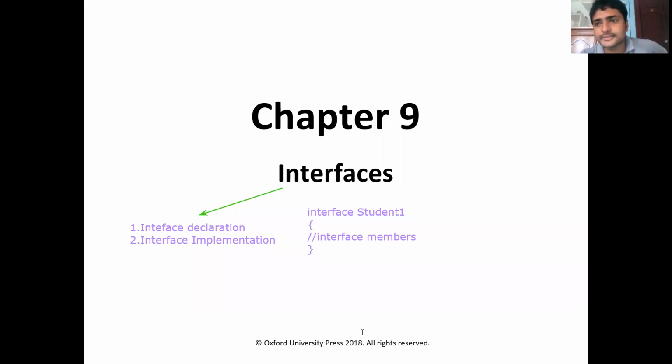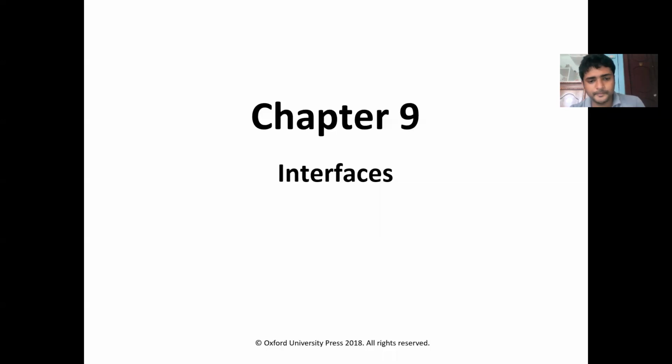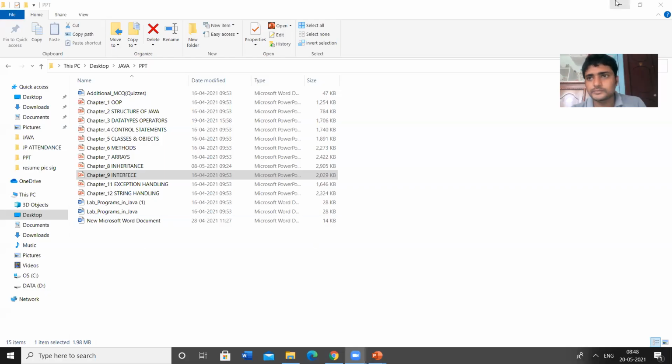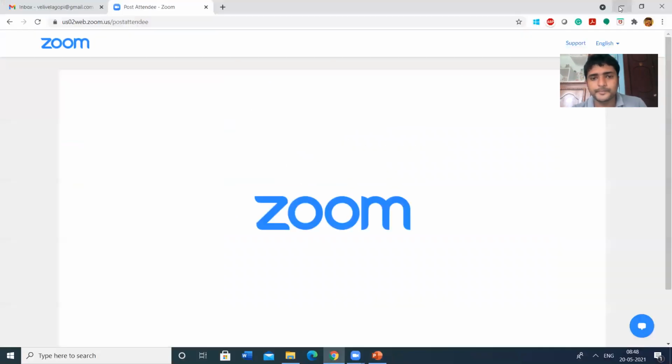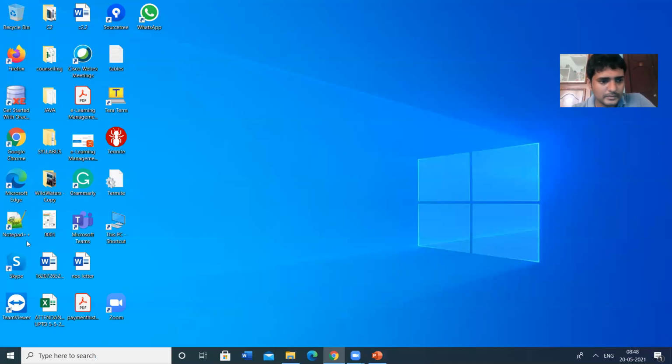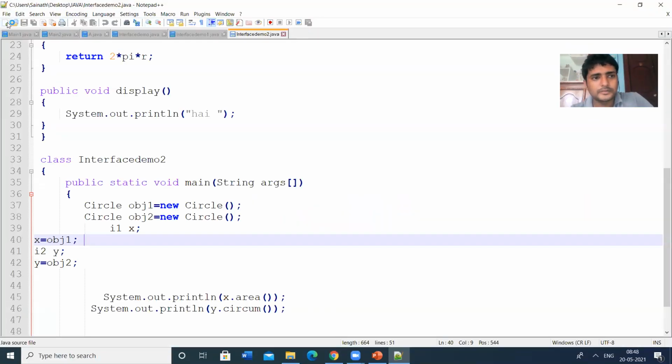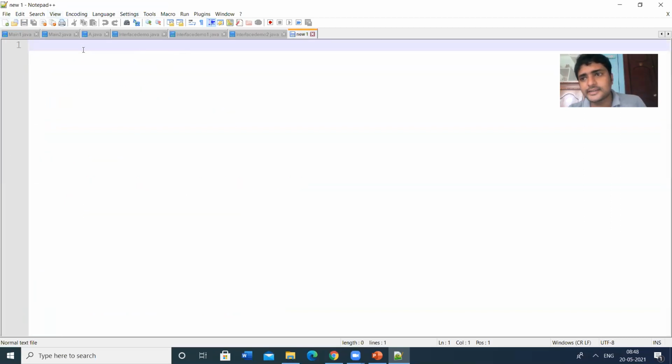So let us follow one example. Let us check the syntaxes and implementations in interfaces.